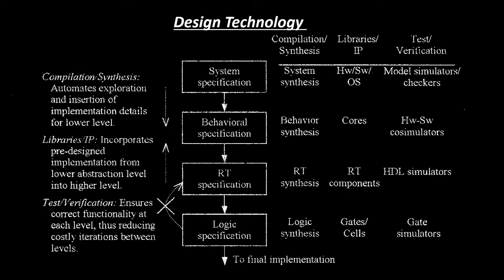Hence, improving design technology to enhance productivity has been a key focus of the software and hardware design communities for decades. To understand how to improve the design process, we must first understand the design process itself. Variations of a top-down design process have become popular in the past decade, an ideal form of which is illustrated in this figure. As you can see, the designer refines the system through several abstraction levels.